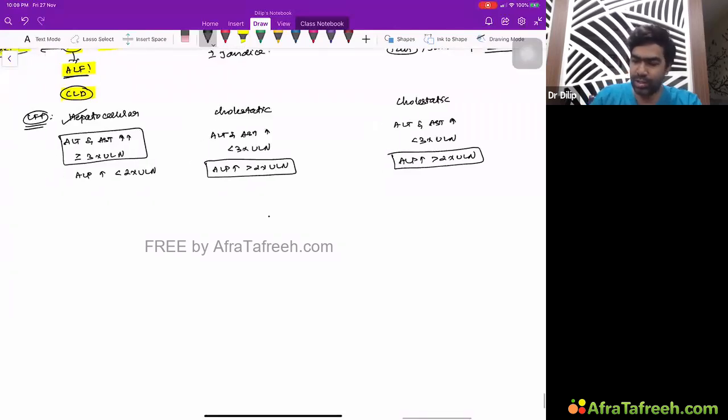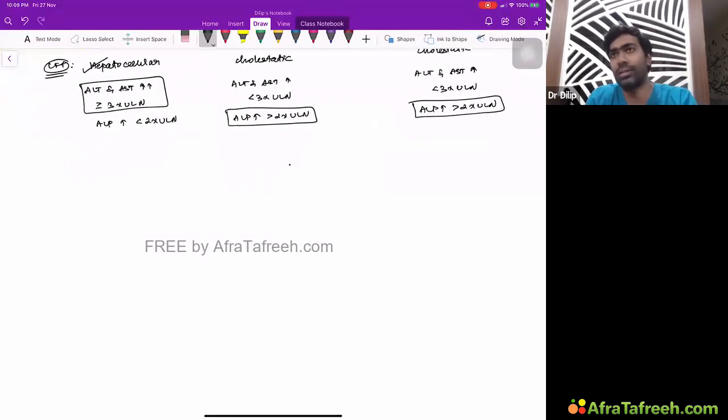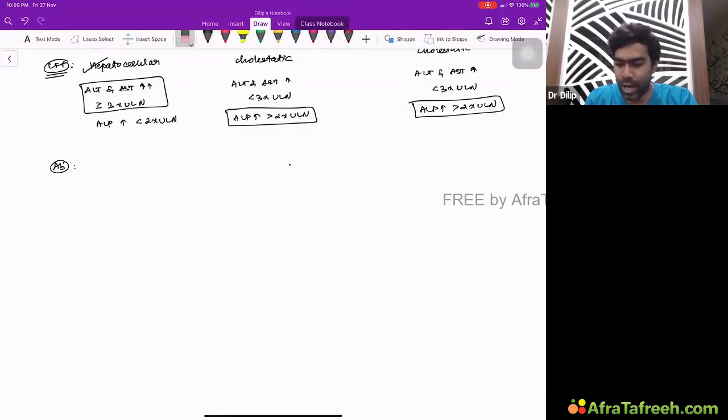And what about the antibodies? Because to diagnose autoimmune liver disease, you need to have evidence of autoantibodies. What autoantibodies can you have? So number one, typically your ANA will be positive very commonly, and ASMA will be positive. This is called anti-smooth muscle antibody. These are the antibodies that are seen in type 1 autoimmune hepatitis, and type 1 autoimmune hepatitis is supposed to be the most common type of autoimmune hepatitis.